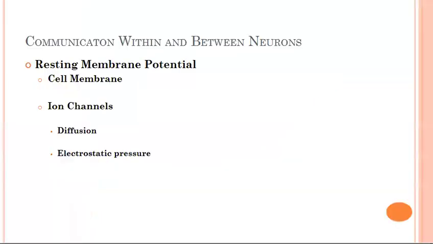Let's get started. So, there are two stages of this electrochemical action in neurons. The first stage is the electrical conduction of dendritic input to the initiation of an action potential within a neuron. The second stage is a chemical transmission across the synaptic gap between the presynaptic neuron and the postsynaptic neuron of the synapse. To understand these processes, we first need to consider what occurs within a neuron at its steady state,